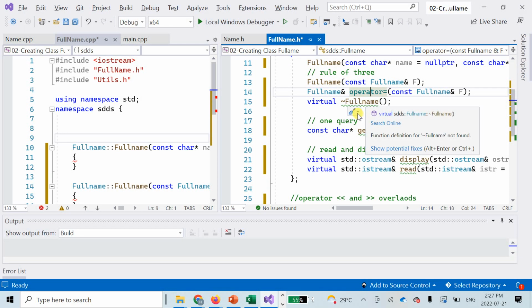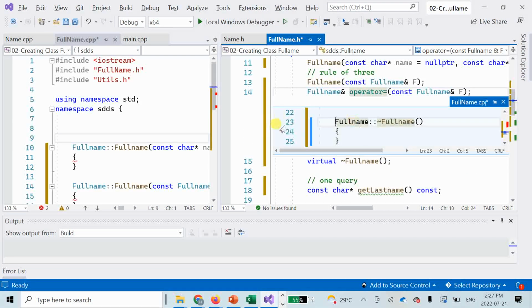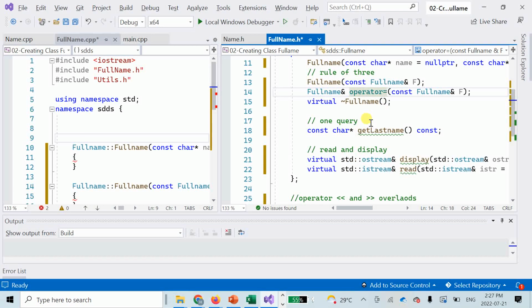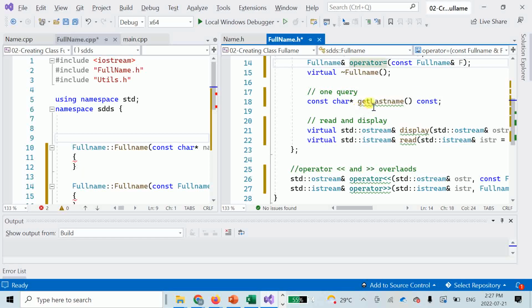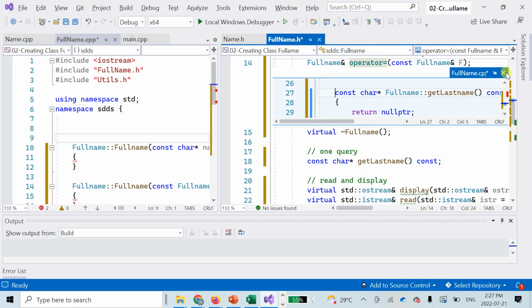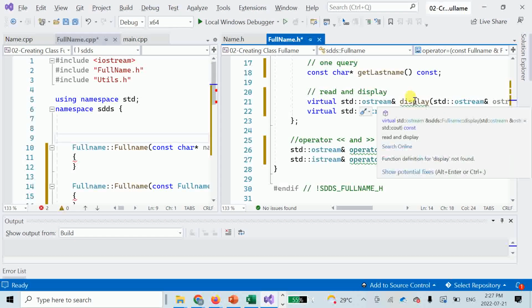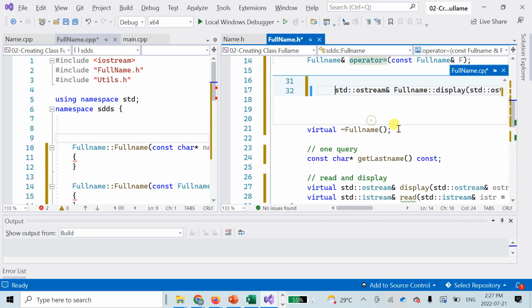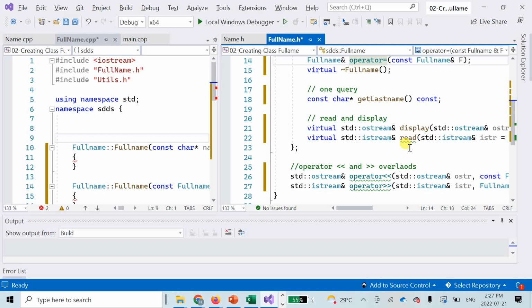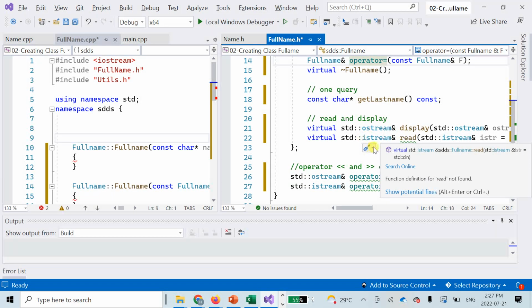These are the things we discussed in our PowerPoint last Tuesday, and we can still refer to those. Oh, by the way, this read and display are not